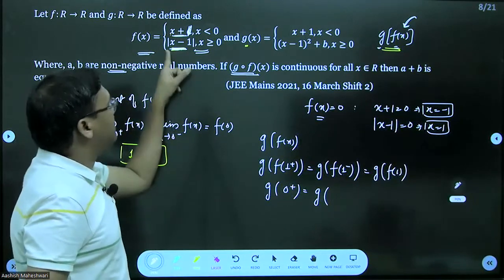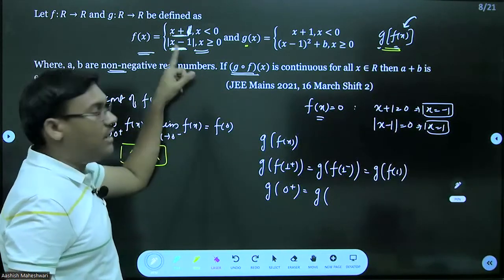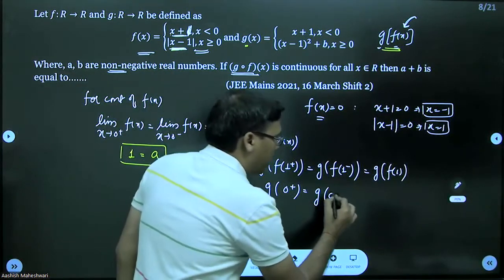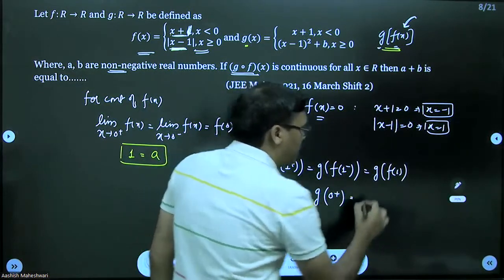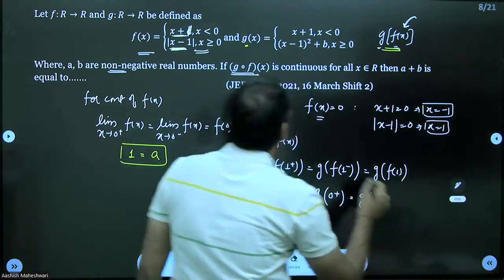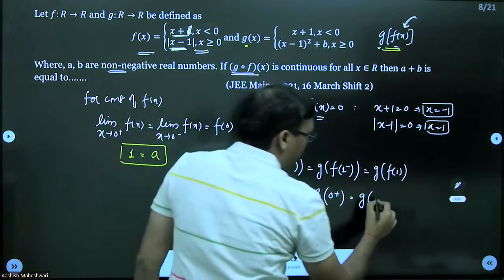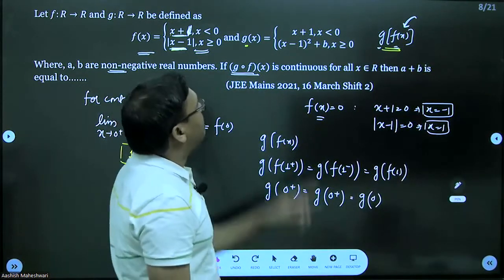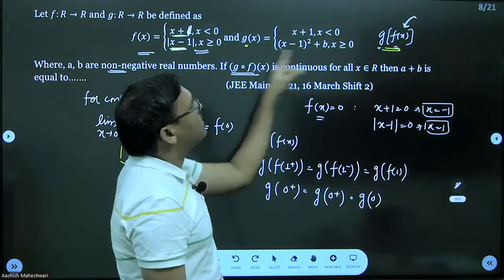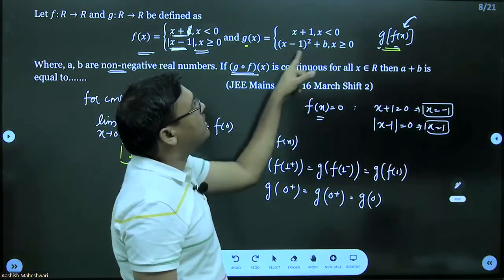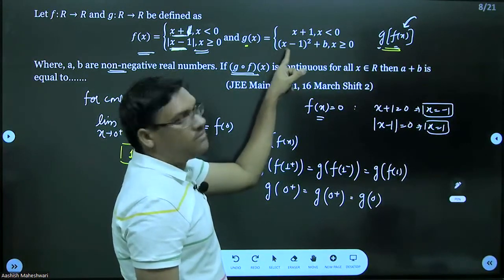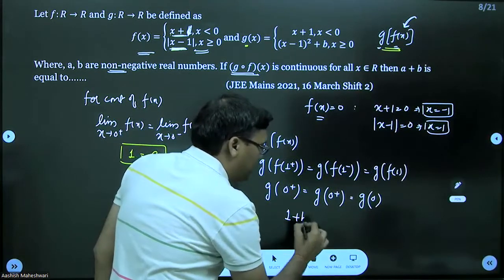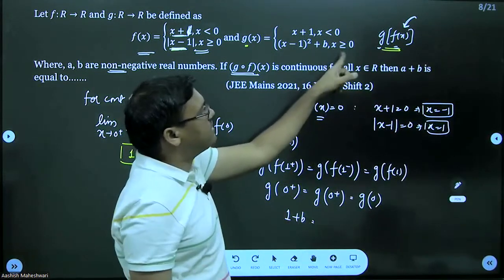हाँ, 1 माइनस पे इसका वैल्यू क्या होगा, 0, करेक्ट। अब वो भी 0 प्लस होगा बिकॉज अगेन ये एक पॉजिटिव वैल्यू है, ये 0 प्लस है, और ये क्या है, ये g f of 1, f of 1 को 0 पुट करोगे तो यहाँ पे क्या हो गया, 0। नाउ व्हाट इज g 0 प्लस, g 0 प्लस को ध्यान से देखो, 0 प्लस इसमें पुट करोगे तो ये 1 बन जाएगा, करेक्ट, और प्लस b, तो ये 1 प्लस b, 0 प्लस पे आपको ये फंक्शन g के लिए लेना पड़ेगा।